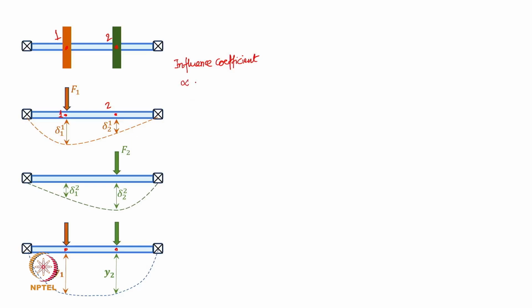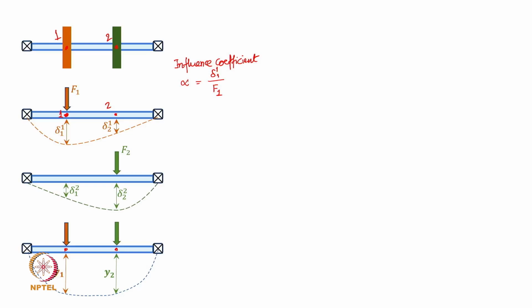It defines the deflection due to the force applied. So, if I am applying the force at this position on the shaft, given as F 1, and it causes deflection delta 1 1 here, then the influence coefficient alpha is defined as